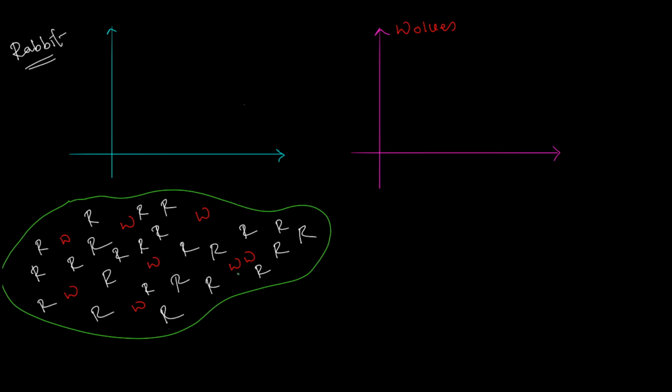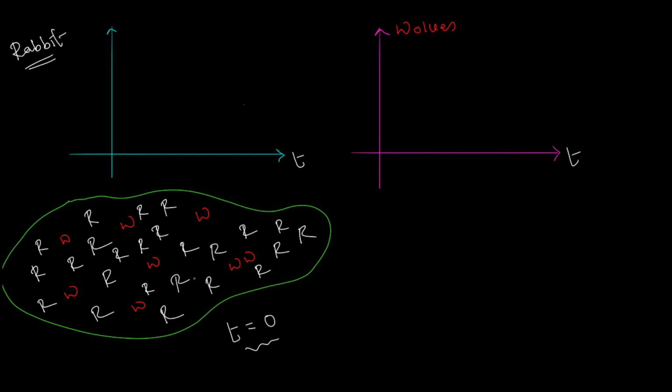Let's say this is when you started noticing this particular ecosystem, at time t equal to 0. You just started observing at this stage. Looks like clearly rabbits are much more than the wolves, right? And you have this little graph here for both the population of rabbits and the population of wolves. Why are we really doing this? It will be clear in a minute. Just be patient with me.